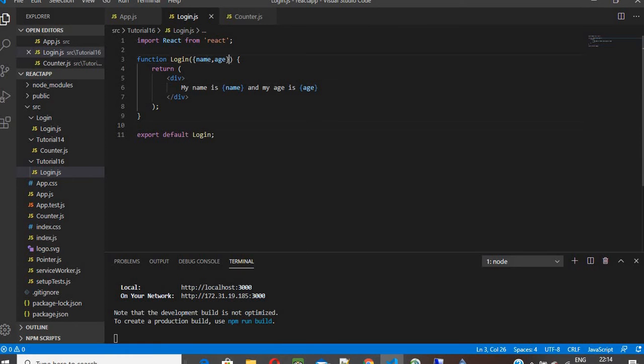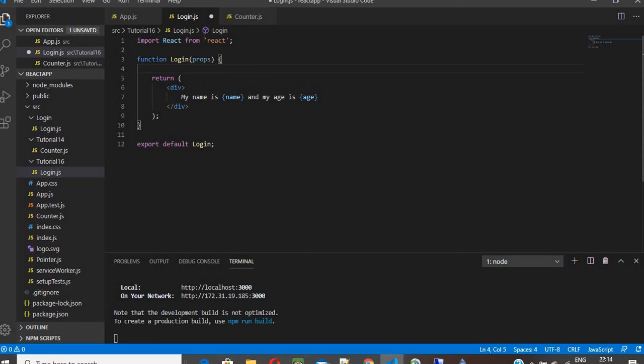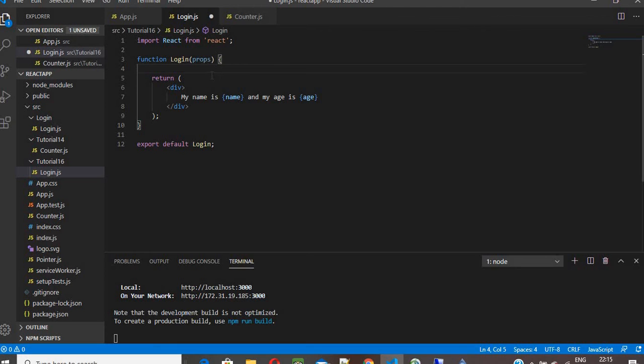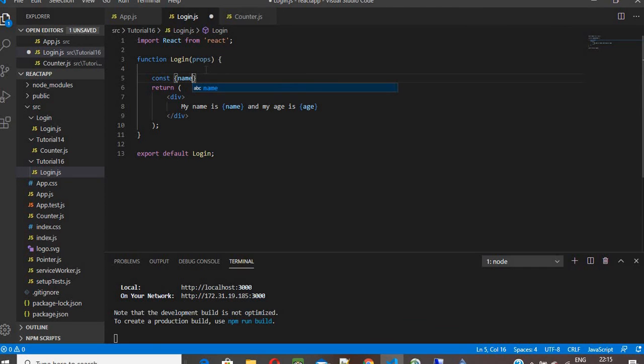There is also a different way, where you can assign it to a constant. So I'll put props over here. Whatever the component that is coming from app.js, the login name, these properties are coming over here as props itself. In this, I'm going to assign a constant. For example, name is one. This is called